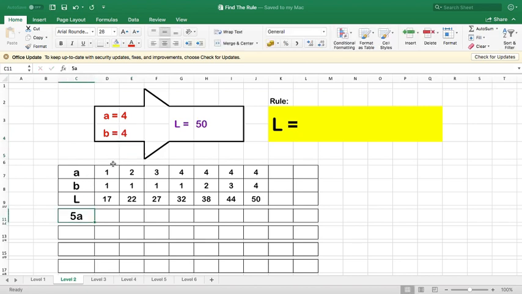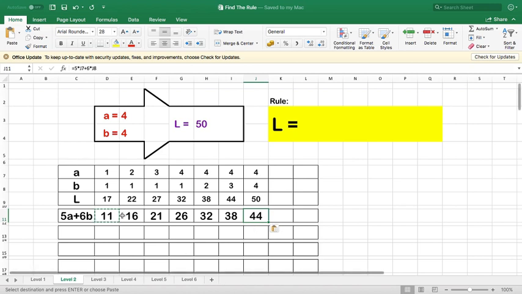So it looks like the rule involves something like 5A plus 6B. But if it's just 5 times A plus 6 times B, let's see what we get. I can actually put a formula in here and say that this cell equals 5 times that one plus 6 times that one. Obviously I can't do that in the exam, but we're not in the exam now. And then I can copy that formula across. So if the rule is 5A plus 6B,